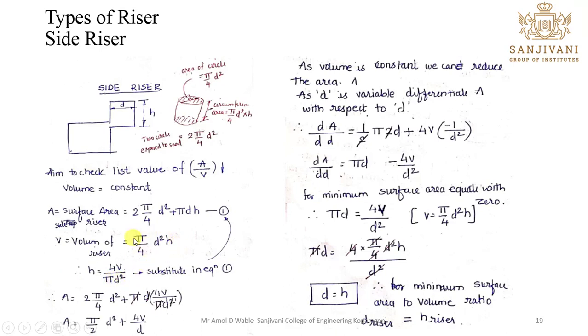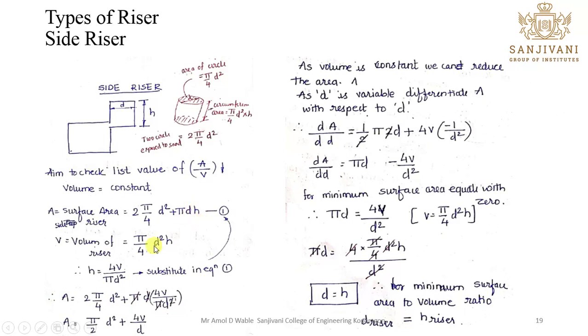So these terms will go towards the left side, and towards the right you will be getting H. So put this H in the first equation. So you can write down this equation: A, that is surface area, which is equal to 2 into pi by 4 d square plus pi d will remain the same,